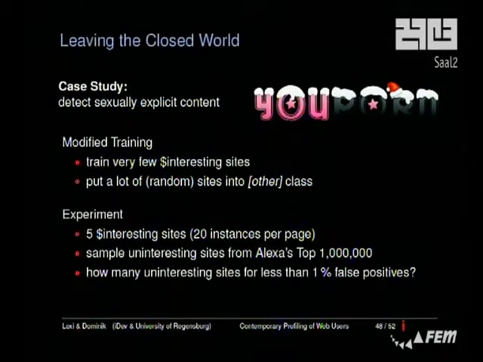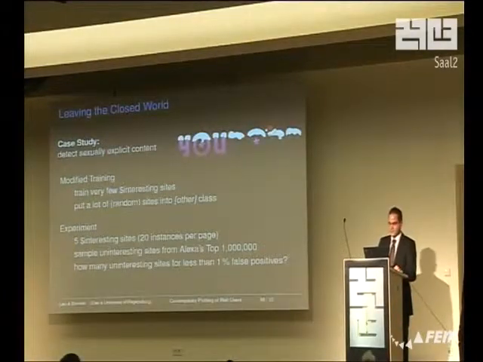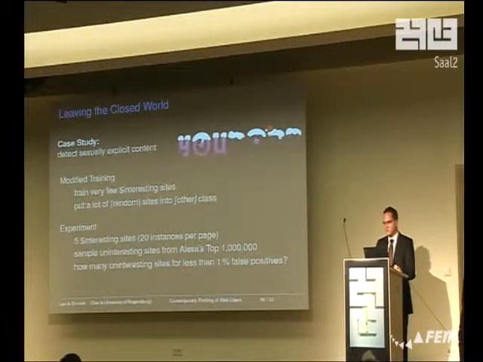And that's done by using a very small number of interesting sites, like 5. If you're like a law enforcement agency and you want to find out who is doing stuff on your network or in your country that's maybe forbidden because of religious reasons, that's a good cause for using website fingerprinting, from their point of view at least. And they would put basically a blacklist of pages with sexually explicit content on the network at the ISP level, and would try to find the people who are downloading that stuff, which is, from a religious perspective, not allowed